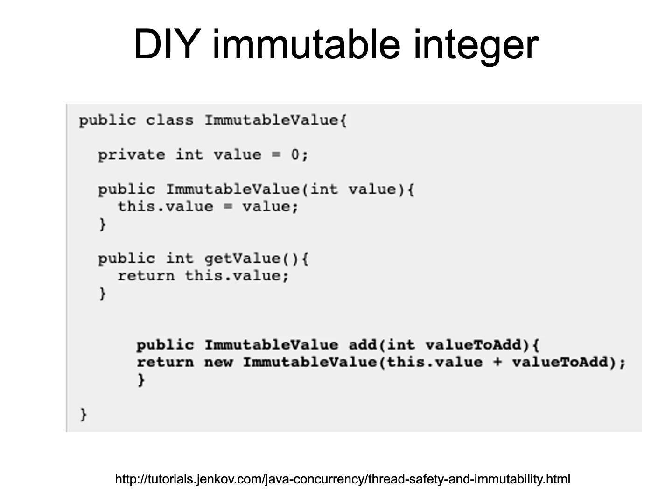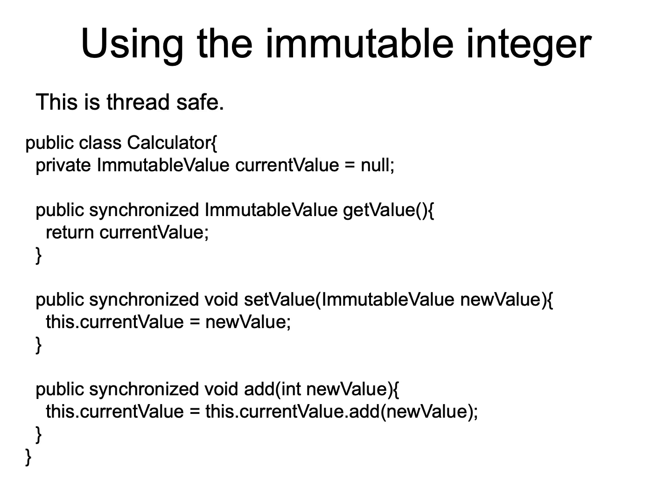It's not updating its value because it's immutable. It's just sending a new value. And it will always have the value that it was constructed with. If you use an immutable integer in some kind of threaded calculator, perhaps, then we can have its current value as an immutable value,